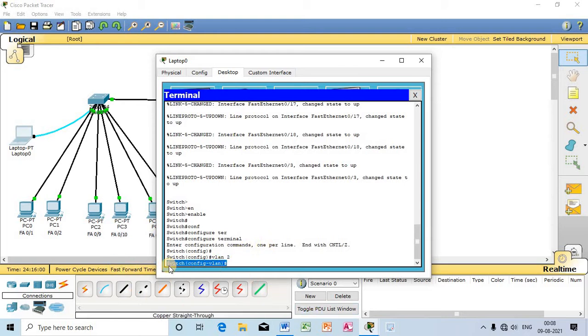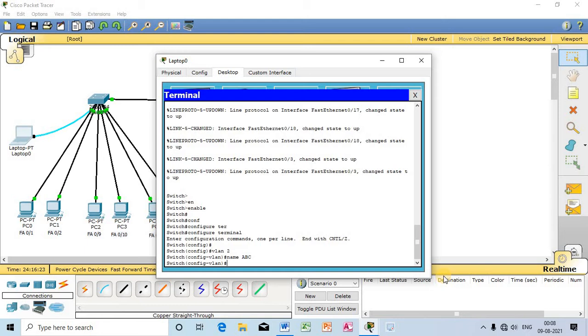Now you can observe the symbol has changed. Now I am going to provide a particular name for this VLAN 2, with the name command followed by anything. I will give ABC. So ABC will be the name of VLAN 2. Okay, fine, the VLAN has been created with the name ABC. Now I will move out by using the exit command.